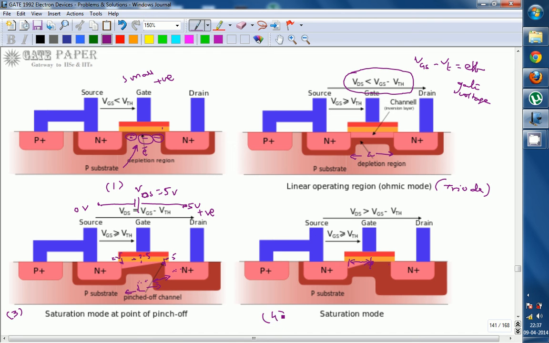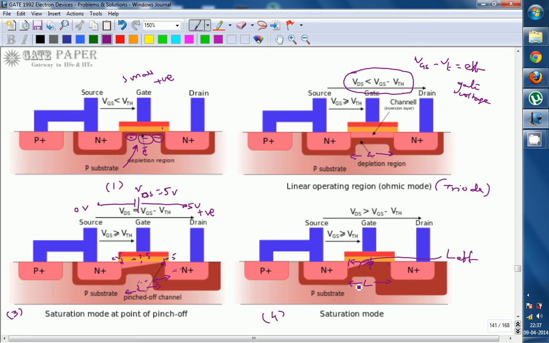if VDS is greater than VGS minus VT, that is saturation mode, this is called L effective, whereas L is the entire region between the two n plus regions. So L effective is lesser than L, because effective length is where the mobile charge carriers are present. Now the channel length gets reduced. This phenomenon is called channel length modulation.